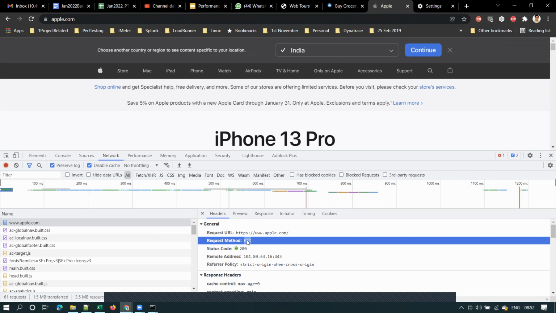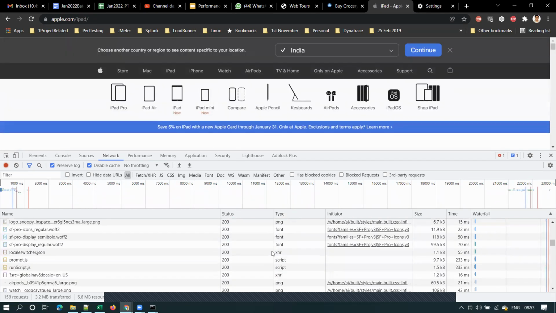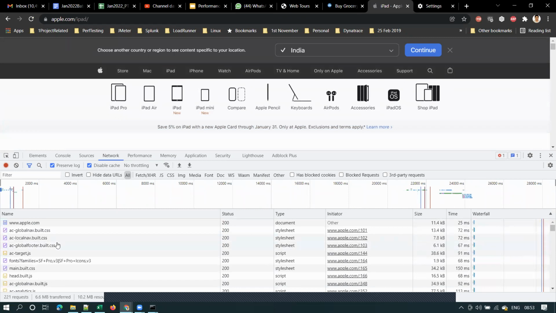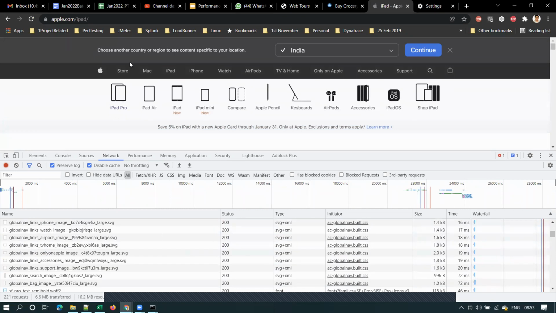What does that mean? GET means we are asking the server to get the home page. We are asking the Apple server to get this apple.com home page, right? Suppose you click on some product, that is also a GET request. Basically we are asking the server to get the page related to iPad.